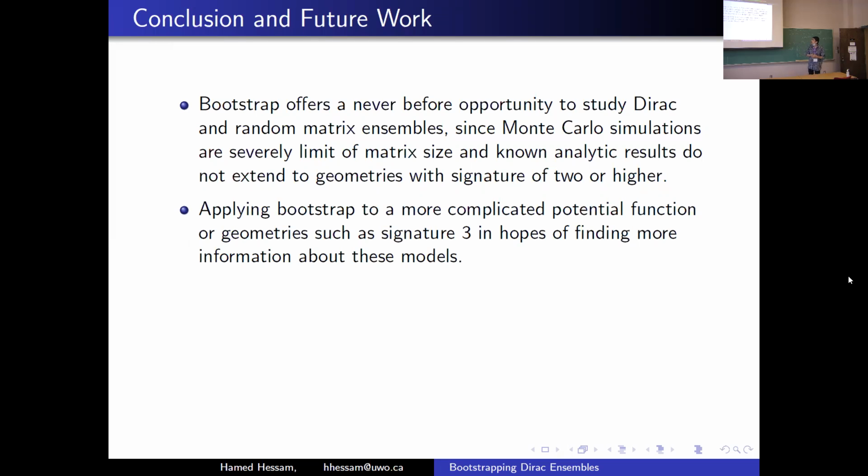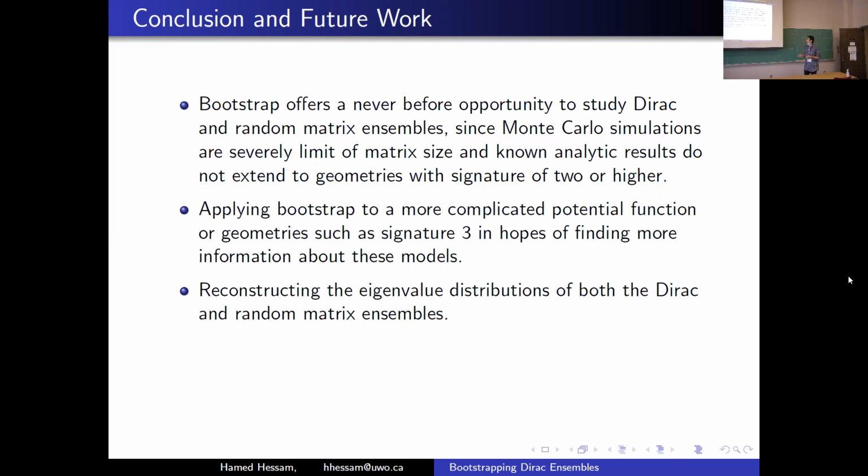Maybe we will apply bootstrap to signature 3 or more, but those become much more complicated because the Schwinger-Dyson equations of those models are quite hard. But yeah, it's possible to do that. And we want to find the reconstructed eigenvalue distribution of both Diracs and random matrices also, because we have the moments, we may be able to construct the eigenvalue distributions,